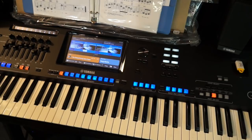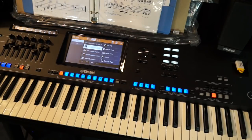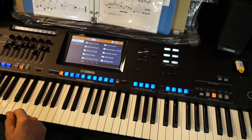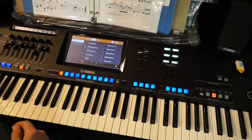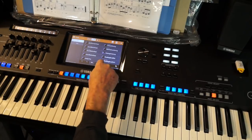Okay, so now we're ready to store the second one. I figured I would do 2 so you could see the whole process of going back and doing it later. So I've already looked into my styles. I'm going to do the Christmas song. And I want to be in user because I'm going to use one of the Tyros styles. Because I really like it for this song. It's not in the Genos, so I've got my Tyros styles here, and we're going to choose orchestral ballad